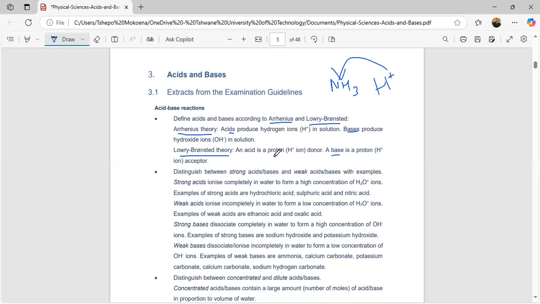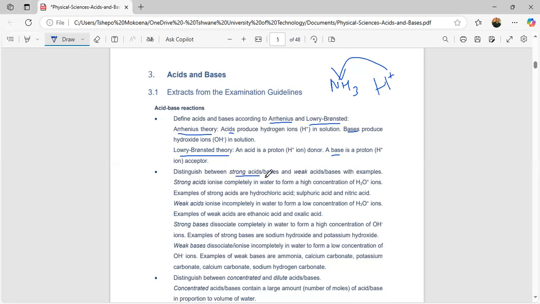They say that an acid is a proton donor, meaning it will donate or give away a proton, which is an H+ ion, right? So it's important to know these definitions according to these two theories. And then point number two that we need to understand is: